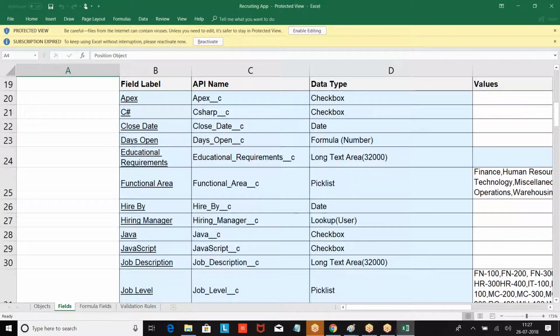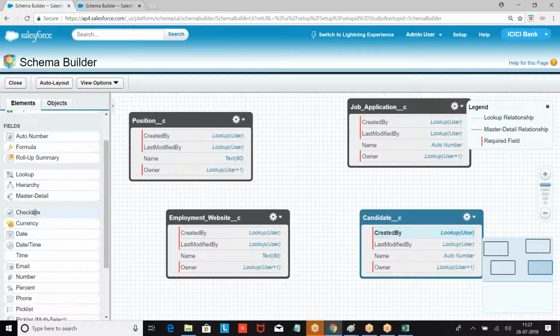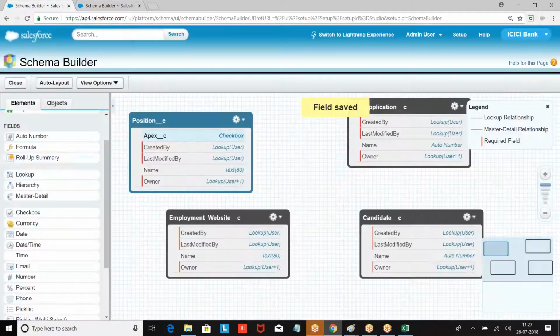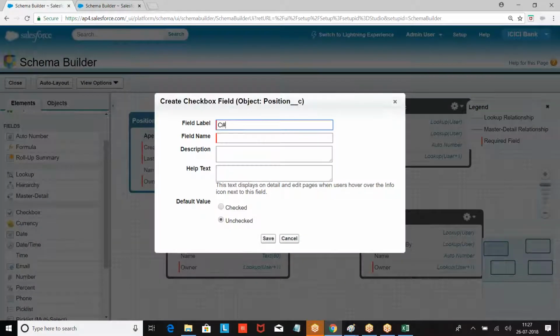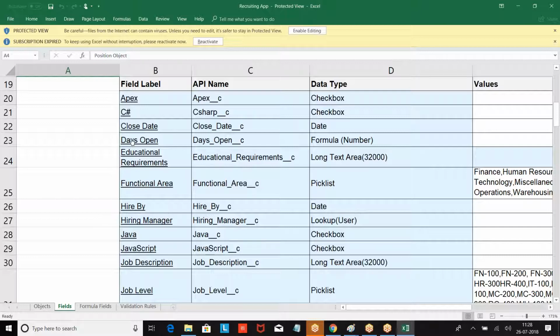First I'll go with the schema builder, position object, fields, checkbox, then we had the next one, checkbox, C sharp. Then what are the other fields we had? Close date, days open, education requirements.